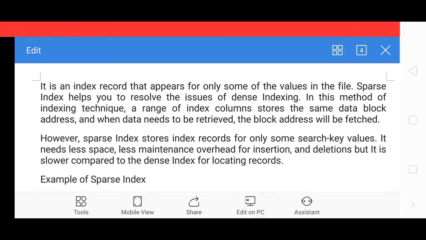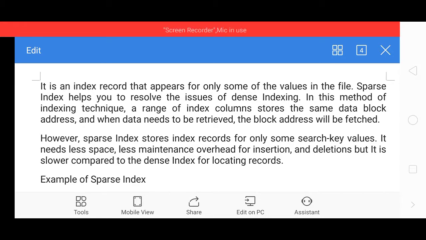In this indexing technique, a range of index columns stores the same data block address, and when the data needs to be retrieved, the block address will be fetched.